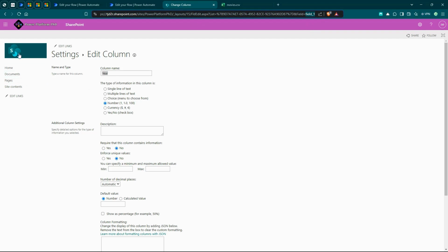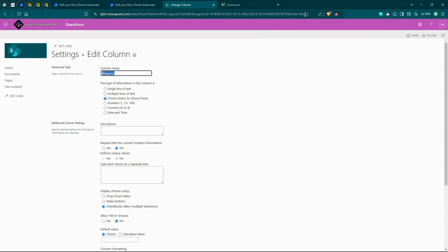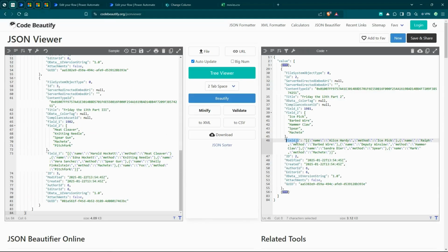And if I go ahead and pick another one, so let's go back and we'll see that the weapons, it says weapons here for the column name, but it's actually field 2. So if we go all the way back into our flow, you can see here's our field 2, field 1, field 3. I'm just bringing it up because sometimes you might be dynamically creating a list and you don't remember if it was done through a CSV file